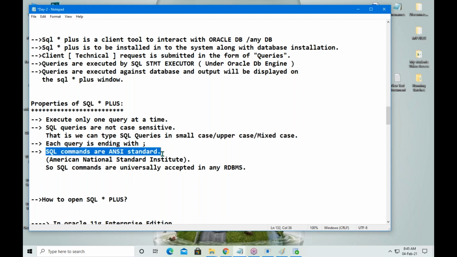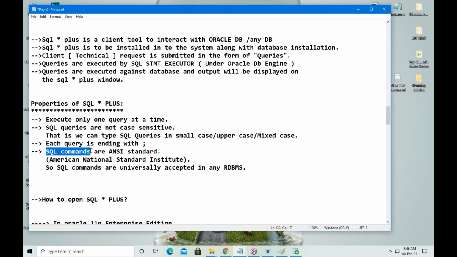SQL commands are ANSI standard. What is ANSI? American National Standards Institute. Why are SQL commands ANSI standard? Because SQL commands are valid in any database. You are learning how many commands? Just now we discussed it: 14 commands.